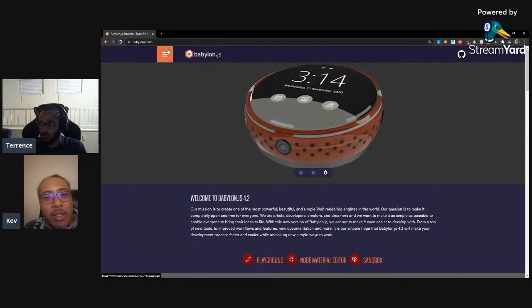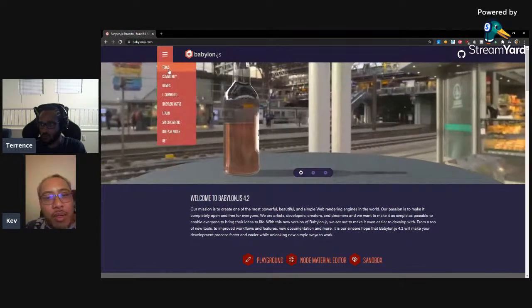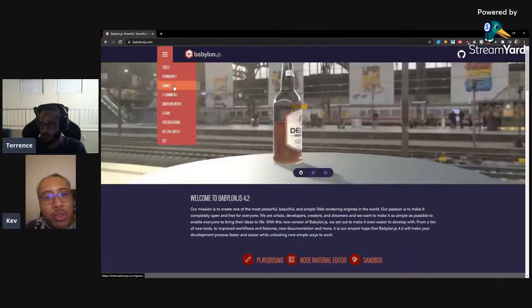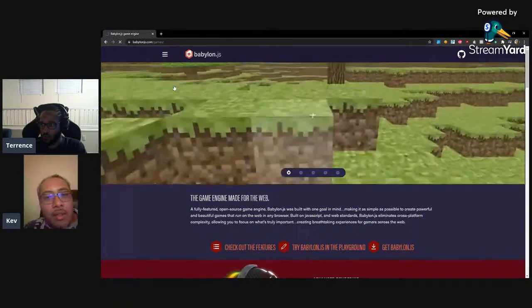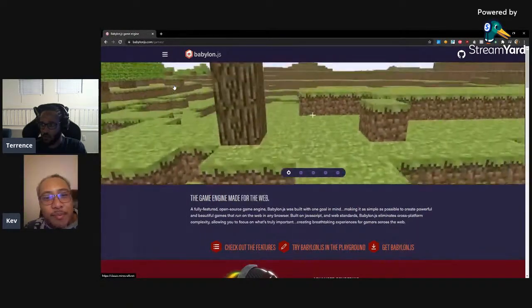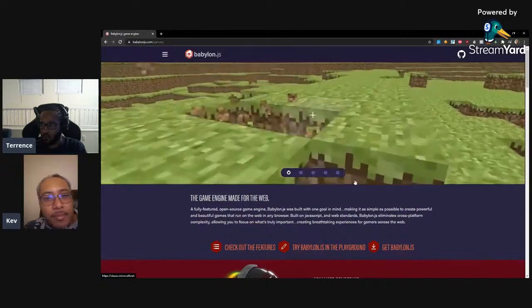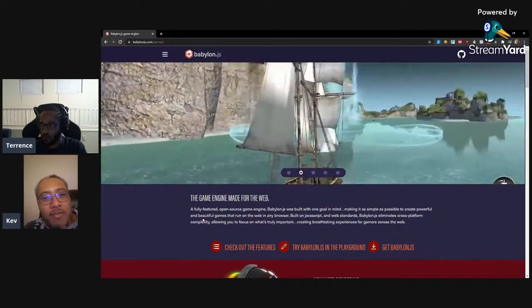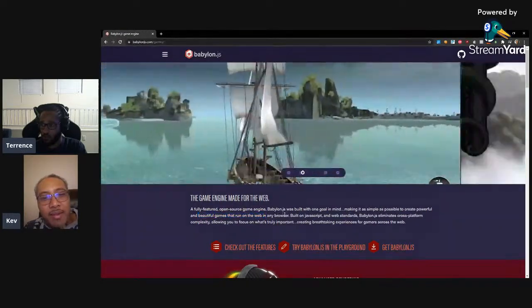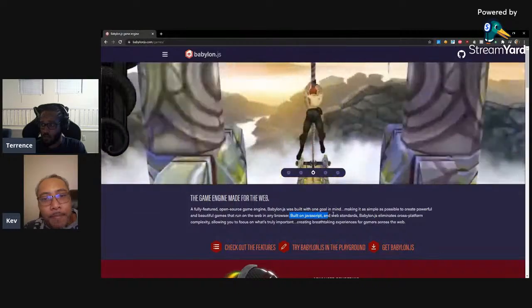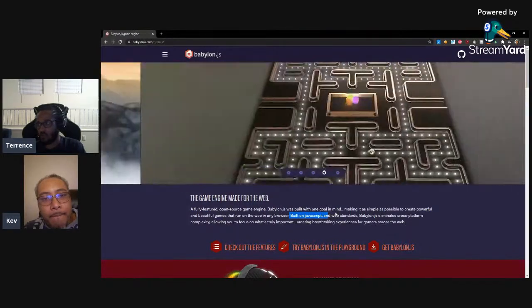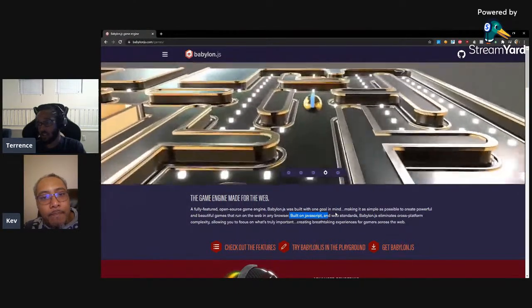If you click the little hamburger menu, they should have some cool examples. Oh, they have games. They got a little Minecraft remake. Oh, that's sick.